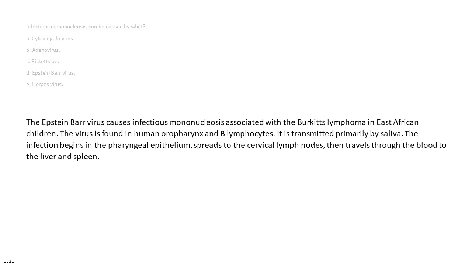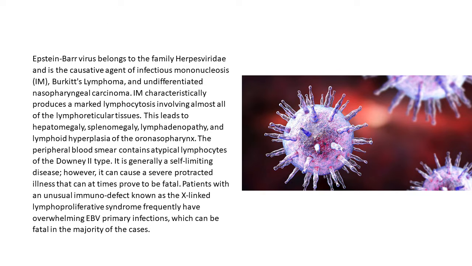The Epstein-Barr virus causes infectious mononucleosis associated with the Burkitt's lymphoma in East African children. The virus is found in human oropharynx and B lymphocytes. It is transmitted primarily by saliva. The infection begins in the pharyngeal epithelium, spreads to the cervical lymph nodes, then travels through the blood to the liver and spleen. Epstein-Barr virus belongs to the family Herpesviridae and is the causative agent of infectious mononucleosis, Burkitt's lymphoma,